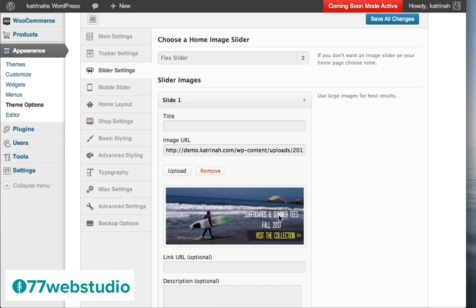So here we see the image that I've added to the slider. Also note that we can see that there's text embedded within the image, which includes the calls to action. So if you prefer keeping a title with the calls to action, you can add those words right here in the title field. Again, because I already have words embedded on the image itself, I'm not going to add a title, but that is an option if you'd like to do that.